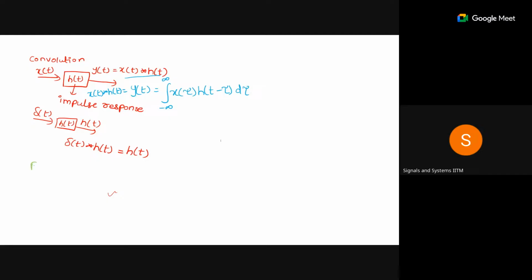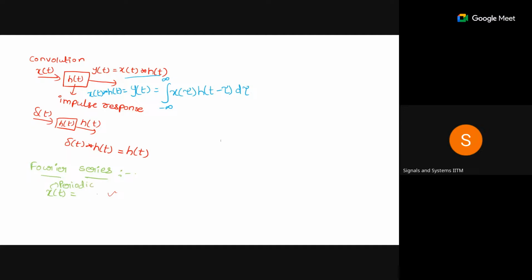Then later the Fourier series comes into the picture. The Fourier series is applicable for periodic signals. Any signal can be represented in terms of phasors. Let x of t be a periodic signal,